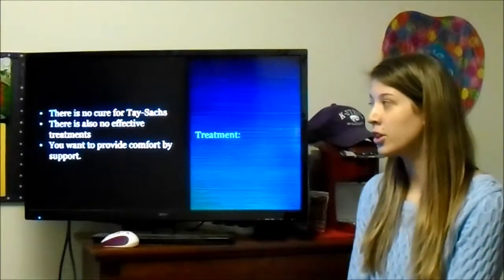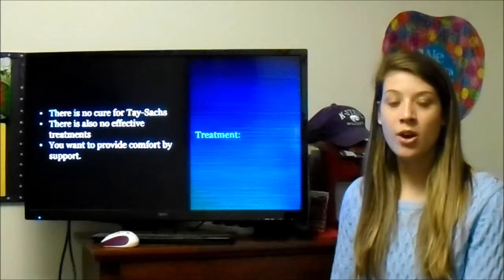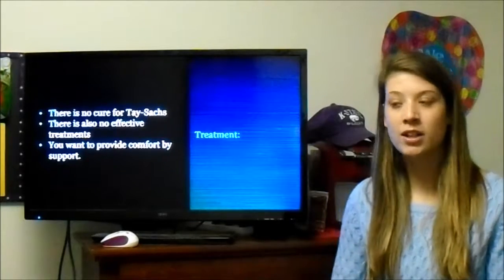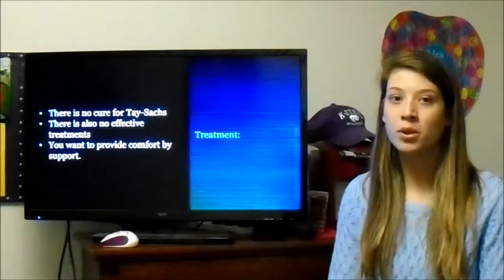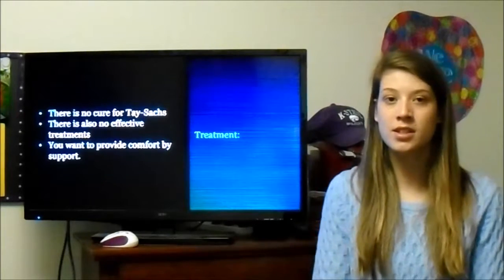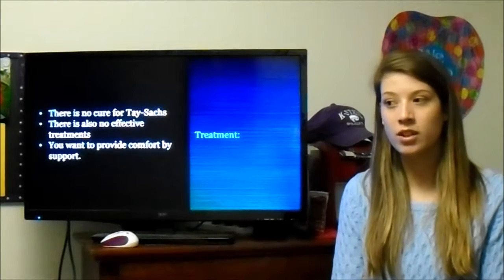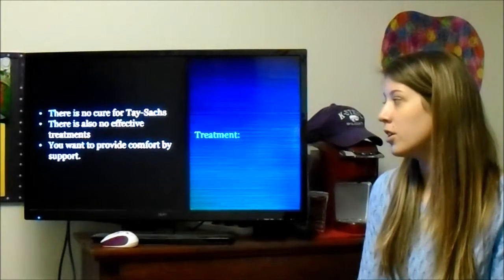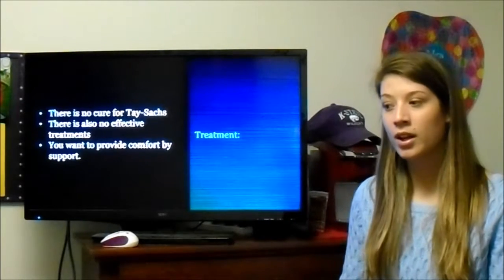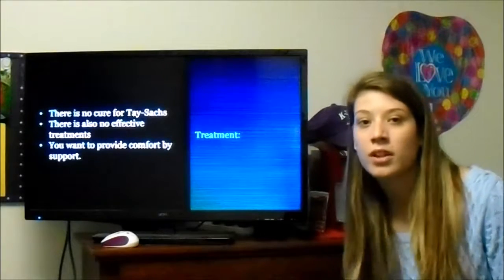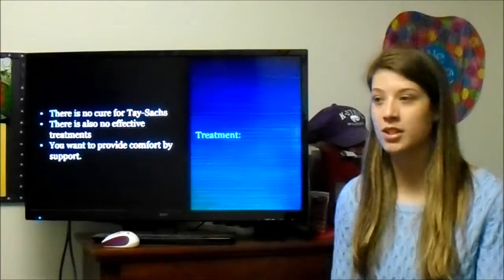As of right now, there is no cure for Tay Sachs. There is also no effective treatment for Tay Sachs. The only thing that people, like parents and child life specialists, can do for a child with Tay Sachs is to comfort them. This is really important because this is a really hard and complex disease to understand, and you may not know you even have it, and so you need to make sure you give them comfort and support so they are happy in that they are enjoying the last couple of years of their life, because Tay Sachs, as I said before, is unfortunately a fatal disease.